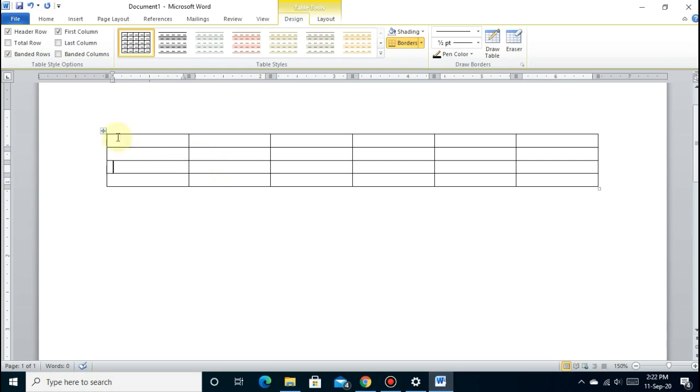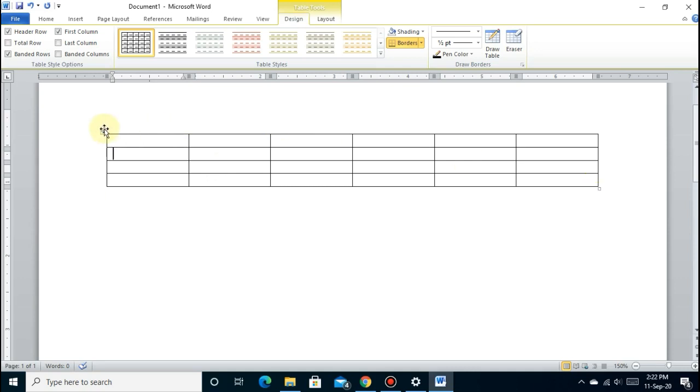Then you can see two handles in this table. One is here and another one is here. This handle is called table move handle, and this handle is called table resize handle.